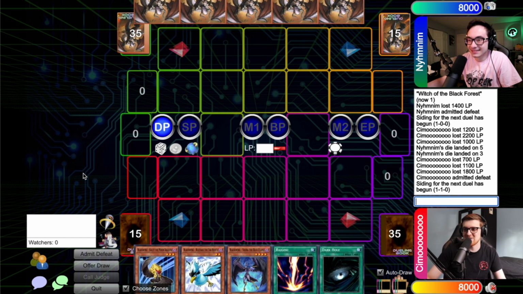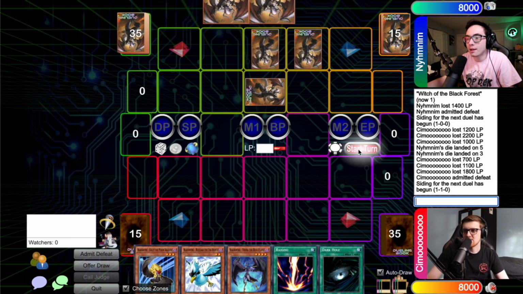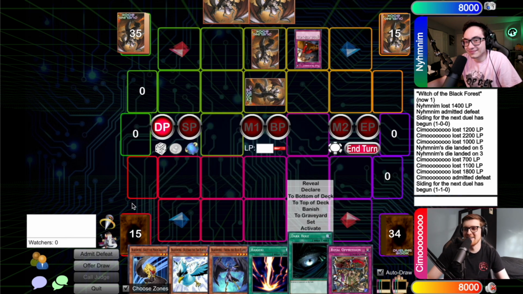We'll be going second. Good luck. All right, good luck, duelist. Standby, main. I'm going to set 2 cards. I'm going to set a face-down monster, and I'm going to end my turn. Go ahead. All right, like to see it. I'll draw. Standby phase. I hate this turn 1 Dust Tornado. I absolutely hate it. You're not going to like my hand, to be fair, but...